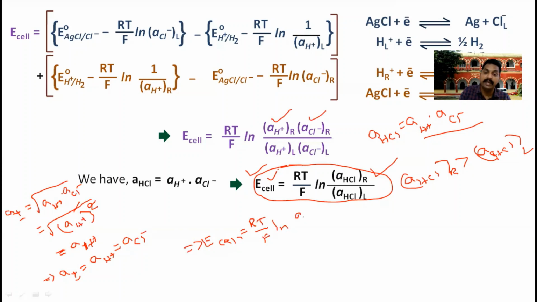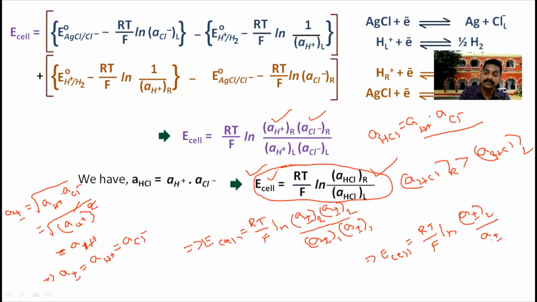ln मीन आयनिक एक्टिविटी राइट हैंड साइड सेल का हमने 2 मान लिया था इनटू अगेन मीन आयनिक एक्टिविटी 2 divided by मीन आयनिक एक्टिविटी लेफ्ट हैंड साइड मीन आयनिक एक्टिविटी हमने 1 माना था, मीन आयनिक एक्टिविटी 1, तो ये स्क्वायर आएगा, स्क्वायर को न्यूमरेटर में ले जाएंगे तो ये स्क्वायर आएगा। दैट इंप्लाइज E cell is equal to RT by F ln mean ionic activity 2 divided by mean ionic activity 1 whole square।